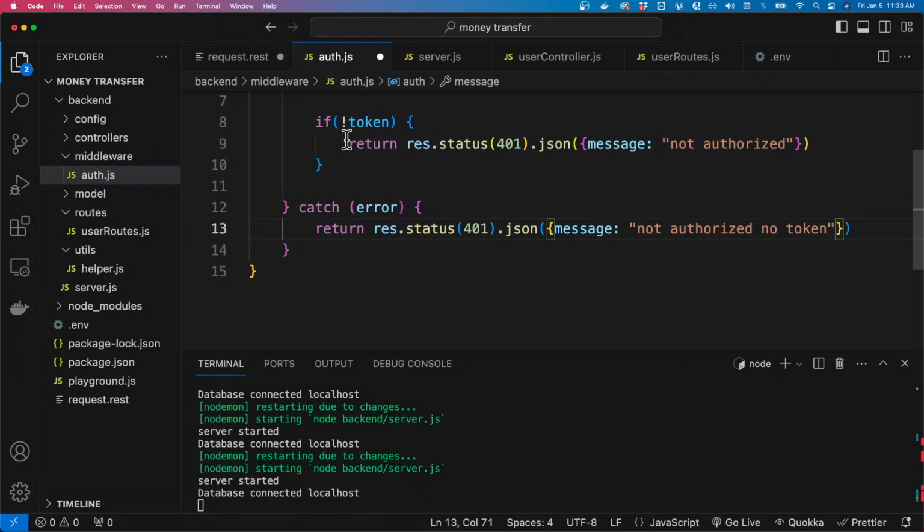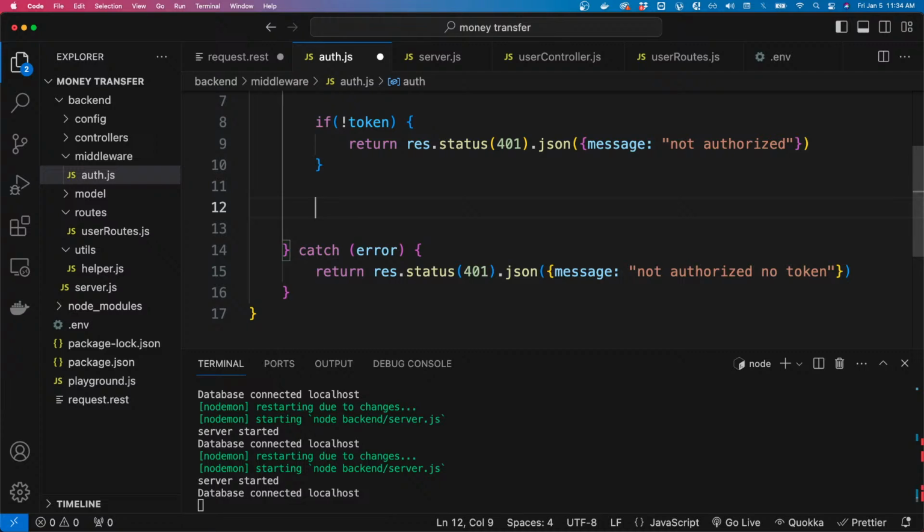All right, if we do not have the token, return and say the same thing. Then all right, if we have the token, we need to decode the